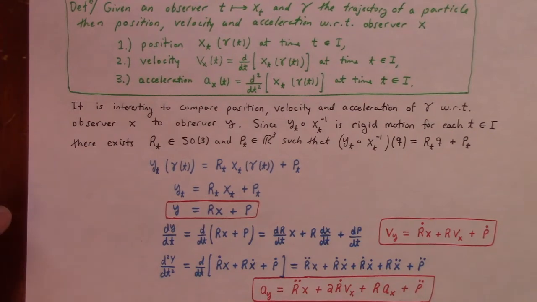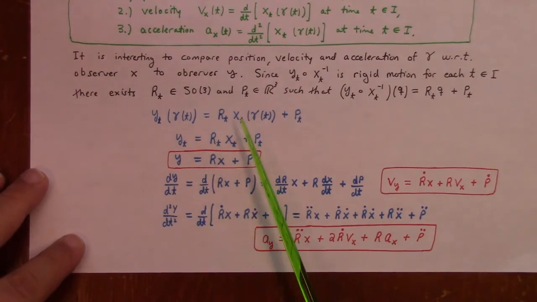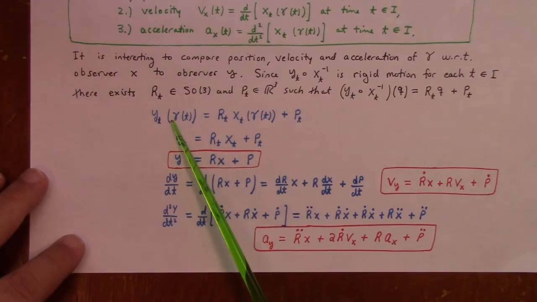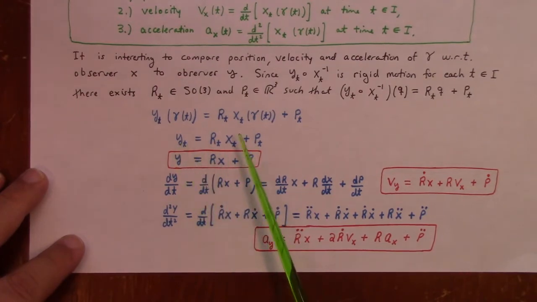So in short, the formula which relates the x position and the y position is this. Well, here it is in gory detail. Of course, if you want to drop the of gamma of t, you could just write it like this. And if you wanted to be even more lackadaisical and drop the explicit t dependence, you could write it like that, right? So the position in one coordinate system is the position in the other coordinate system rotated and then shifted, all right? Now here I'm comparing two different observers, all right? So the rule is two different observers,